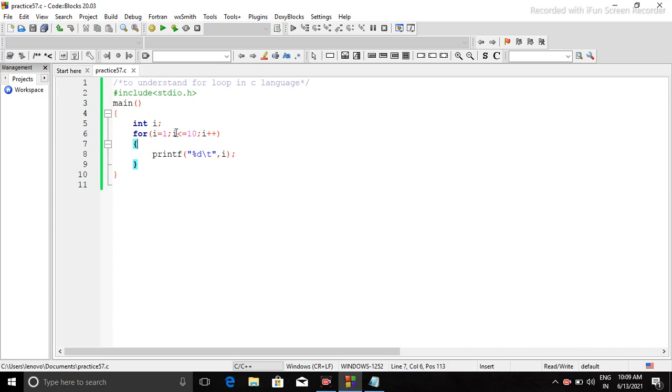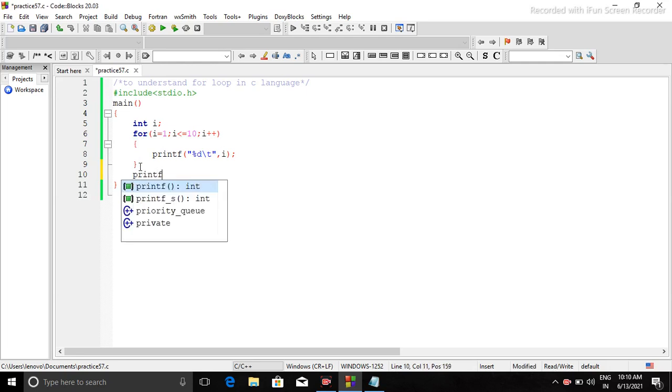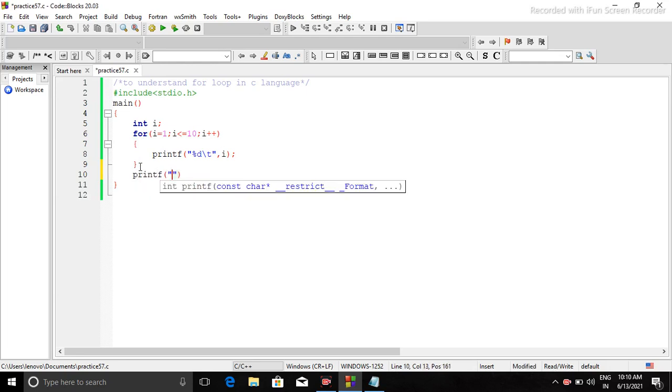In this case, until the I value becomes 10 the condition will be true, and as the value of I gets increased to 11, the condition gets false, and the execution of the program will be stopped because there is no other statement present here. If I add one more statement here, you will get to know how the execution is happening. I say loop end.